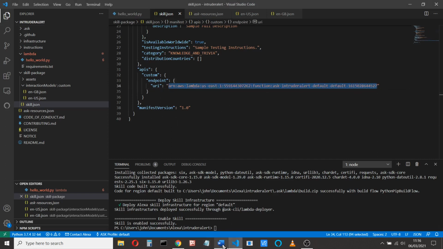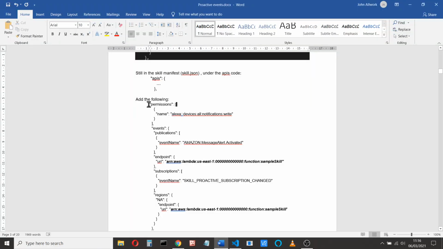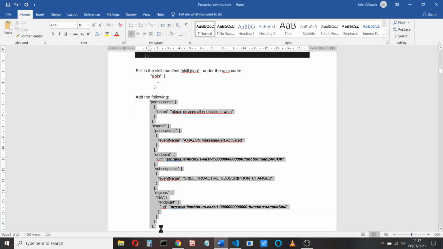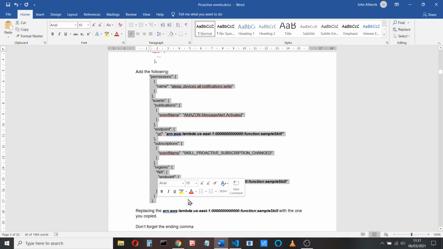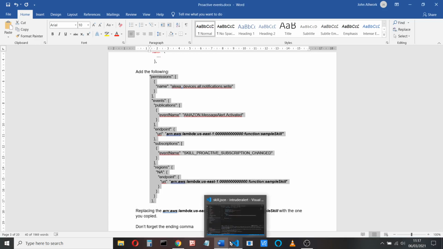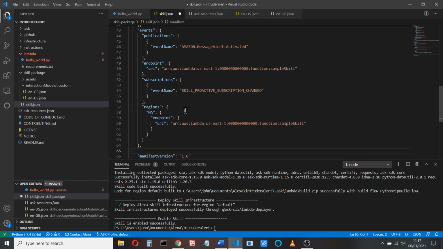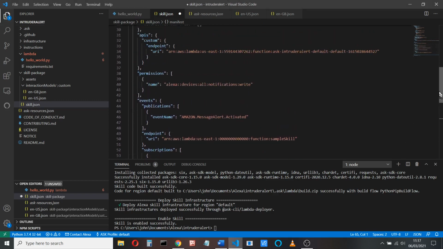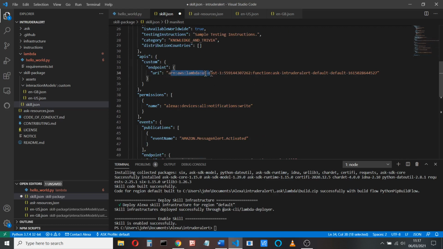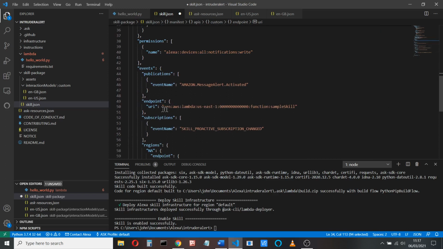Now this endpoint is basically our program, so we need to copy this endpoint and add it into that. So I'm just going to add these permissions, and we're going to put this under the APIs, Control C, and add this under APIs there. And what I'm going to do is copy this ARN and paste it in these URIs here